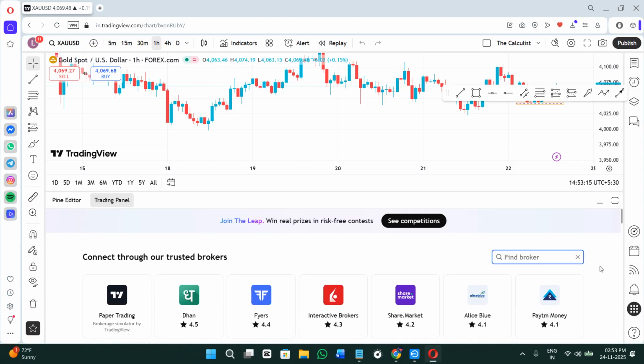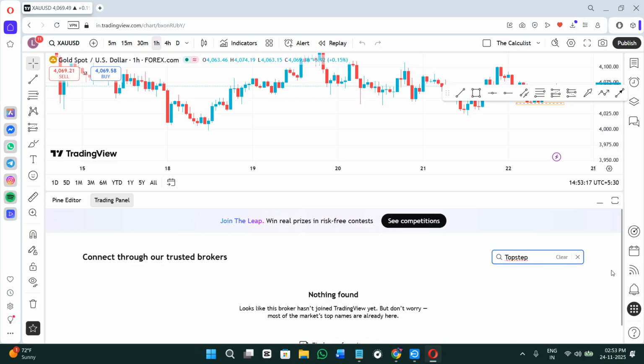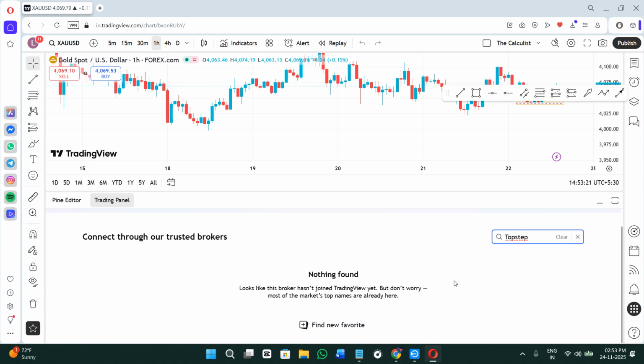Then use the search bar here on the top right hand corner and search for Topstep. Now once you search for Topstep, you will notice that there is no logo of the Topstep account available. It is because as of 2026, Topstep doesn't appear as a broker inside the trading panel, because Topstep evaluations and their funded accounts run on third-party data feeds like Rhythmic or Tradovate. So if you want to connect your Topstep account with it, you can connect the data feed